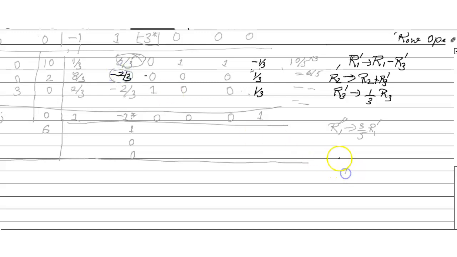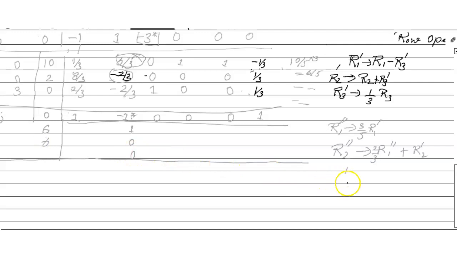So R2 double dash equals R1 double dash, 2 by 3 R1 double dash plus R2 dash. So whatever I get, 2 by 3, this portion is 0, and this portion I get 6. 6 is 4 plus 2, this is also 6,